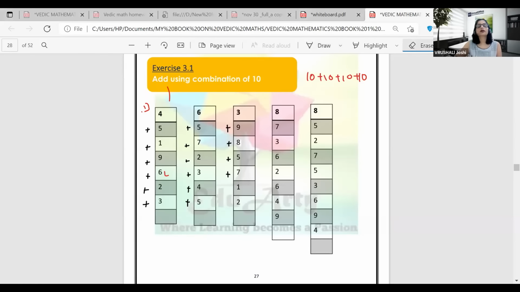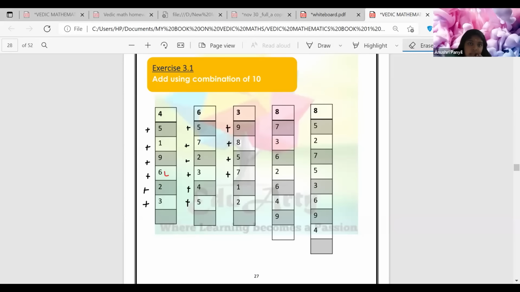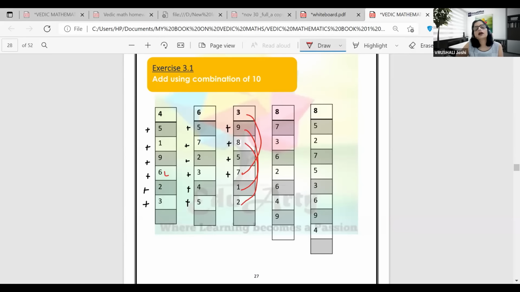In the third question. Yes, who had a doubt? I had a doubt in the third question. I have taken 7 and 3, 9 and 1, 8 and 2. Then afterwards, the 10 and 5 is just pending. So we can leave it like that, directly write the 5. So you have 3 combinations. That means now you already have a 30, correct? Yes, miss. 30 plus 5, 35. That's the answer.